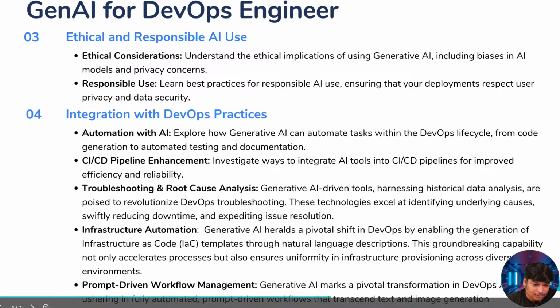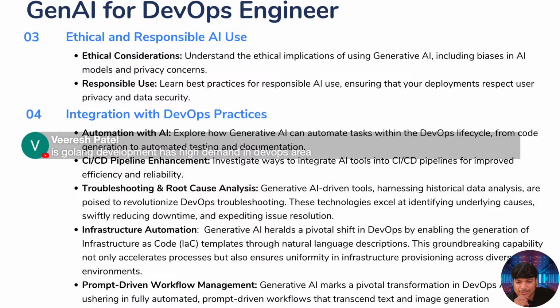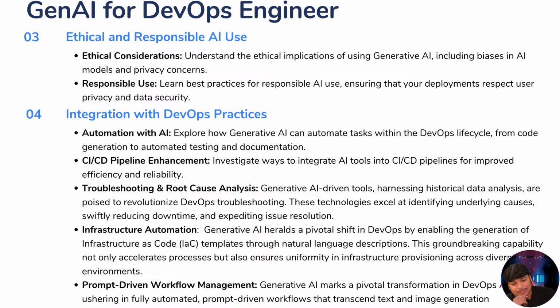One question is: is Golang development in high demand in the DevOps area? Yes, but I will say there are two programming languages, Python and Go. Some companies prefer Python, and some companies prefer Go.